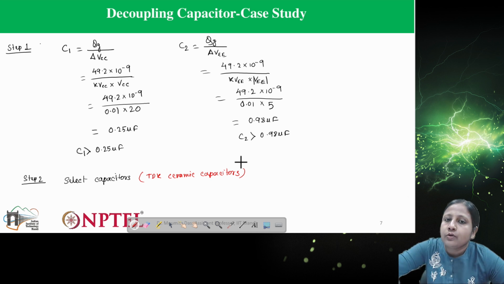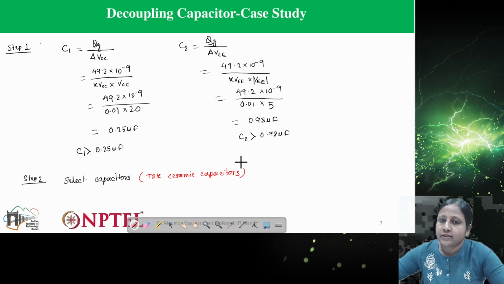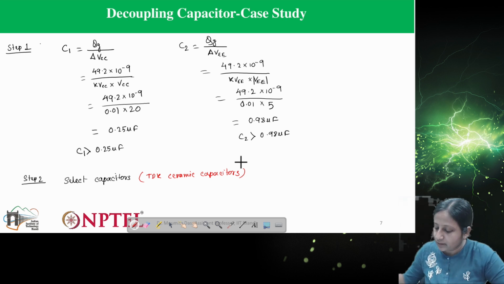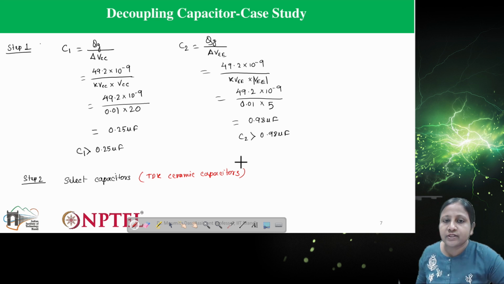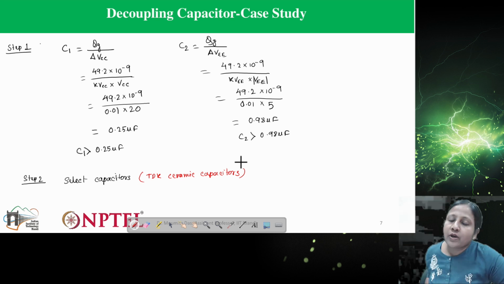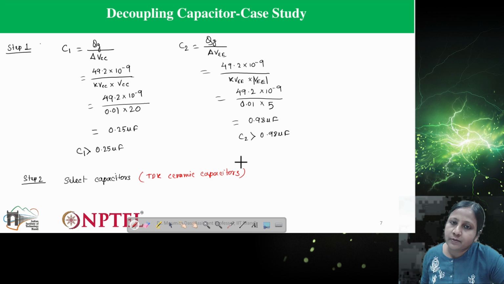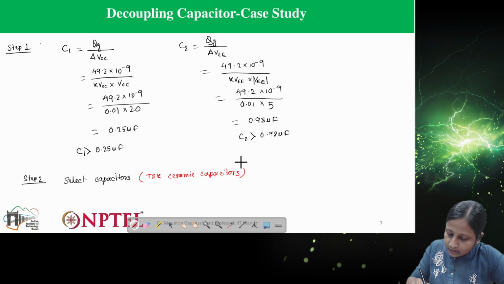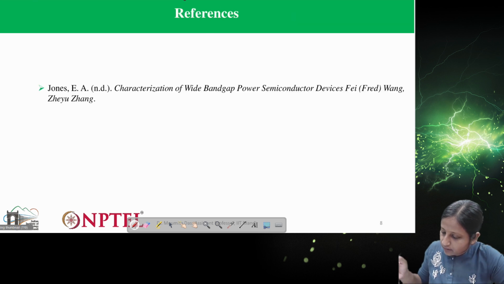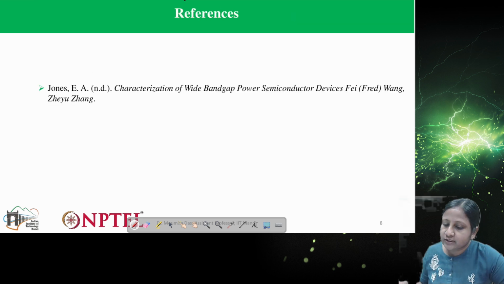Okay, so now you have all the parameters, right? You know how to design the gate drive. Once you have the gate drive, then dynamic characterization will be possible. The 5 components are required, and these 5 components are very important for all this. So this is the reference. You can see all this design from this particular reference.